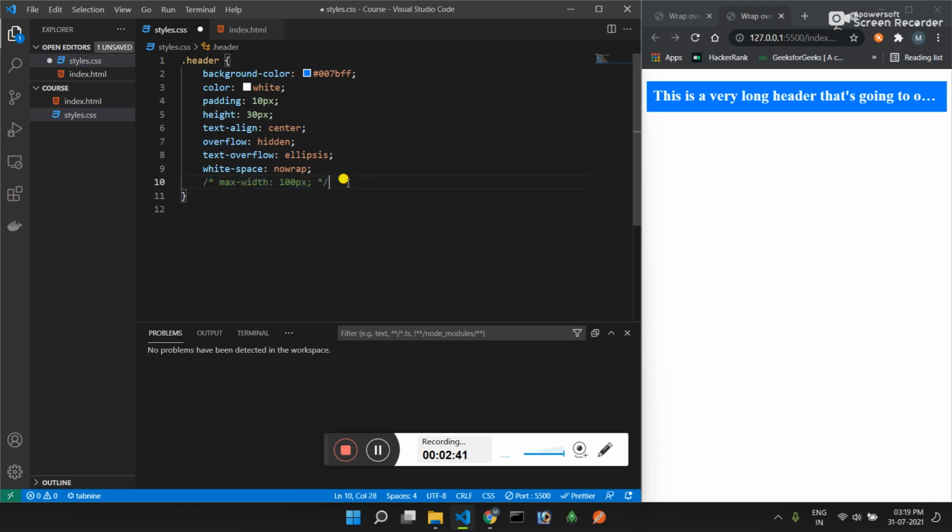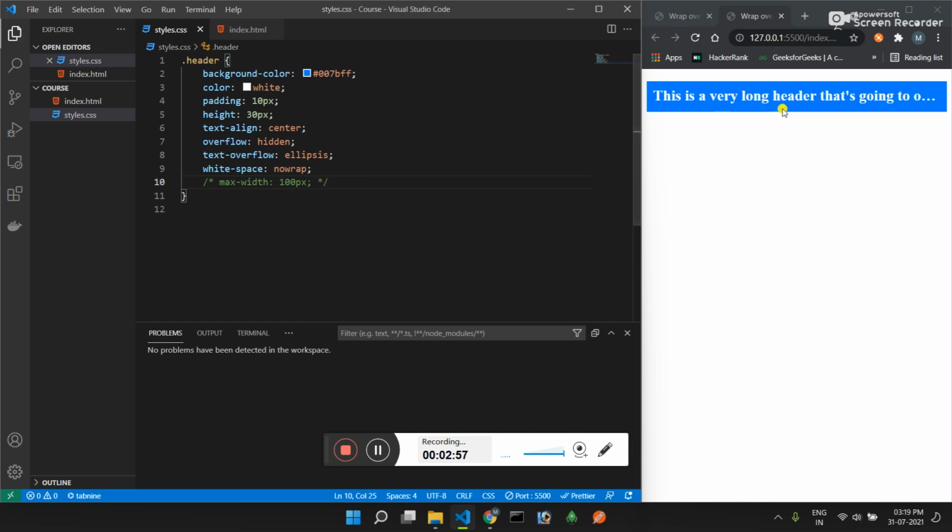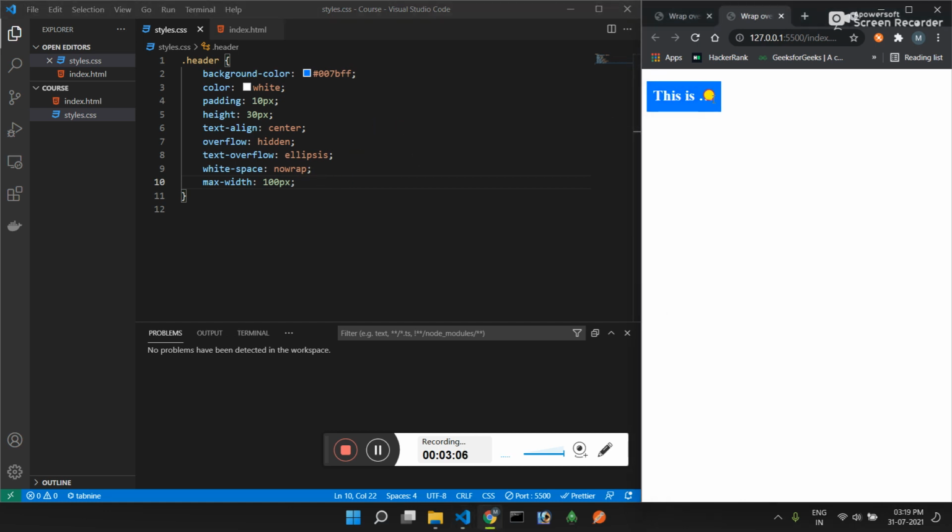And the other property that we can add is max-width. So if we want our header to be displayed within a certain number of pixels or whatever width we want to give, we can assign a width as well. So it will be wrapped within that width. If we don't specify the width, then it is going to take 100% of the area. If we give a max-width, then it will take only that much of the area. The text will cover only that width, and then it will be trimmed and ellipses will be added to the end. So this is how you can fix this problem within just 3 to 4 lines of CSS code.